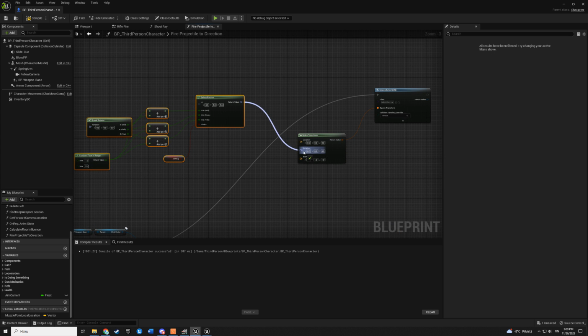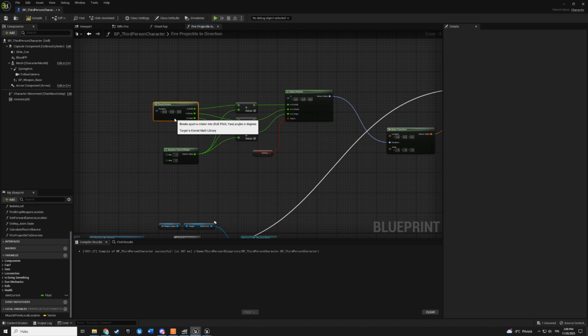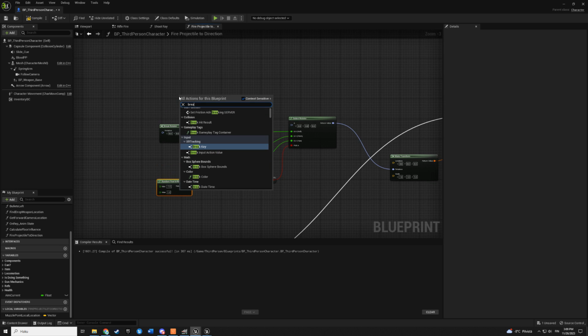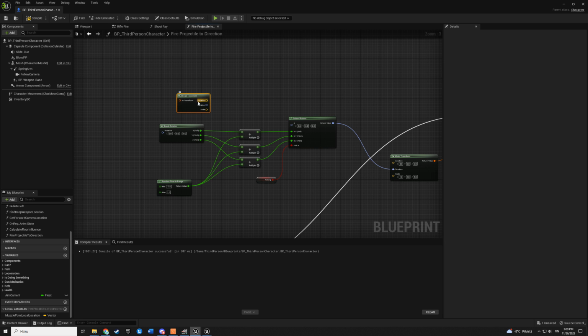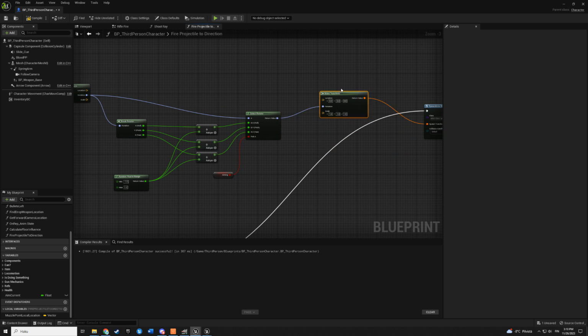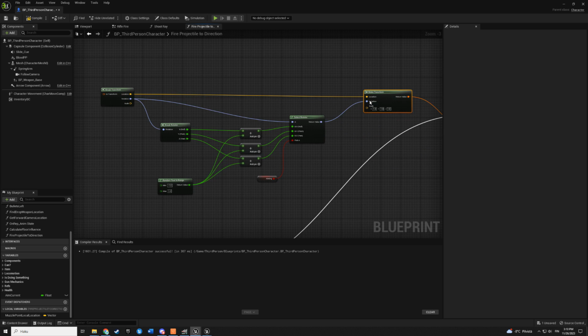And that will be rotation. But now we have that break rotator. And this one. And now we need to break transform. Connect these rotations here. And then we can connect these values here.